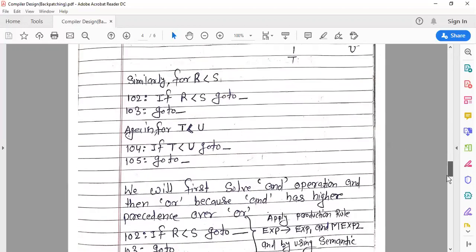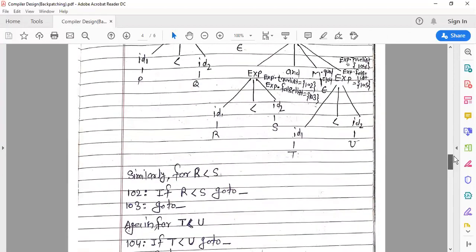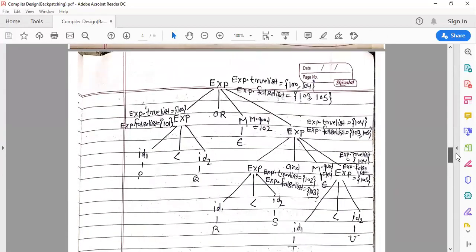Now you can see here the annotated parse tree. In this annotated parse tree there are 2 operations, basically OR and AND. The level of AND as compared to OR is lower in this tree, and OR has the higher level.